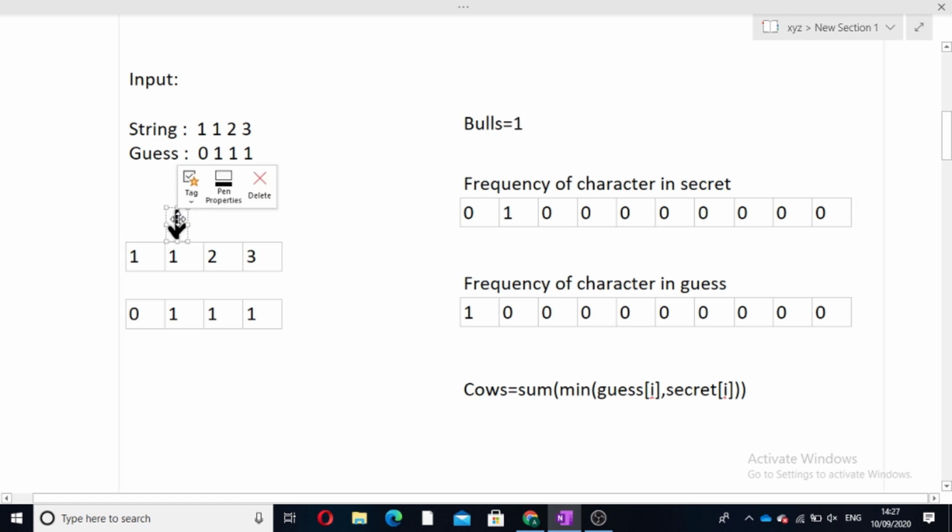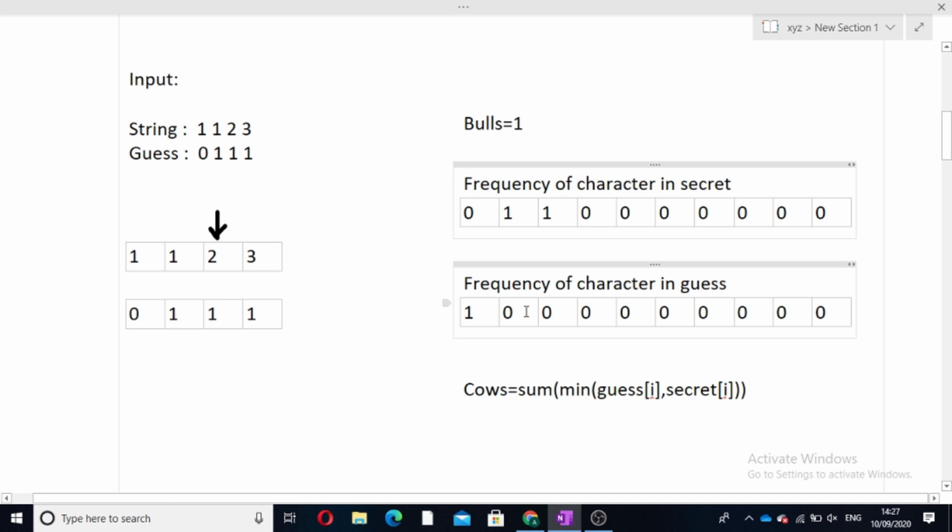Now we will move ahead. Now the characters of both the strings are different, so we will update the second index of the secret frequency array with 1 and the first index of the guess array with 1.